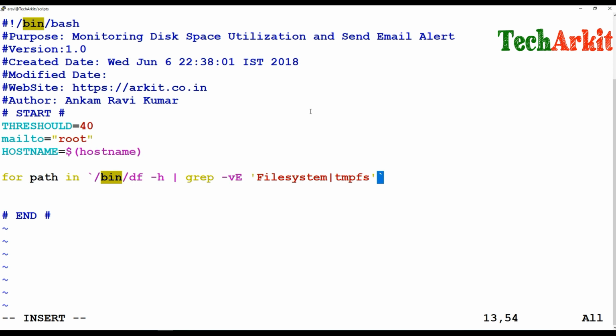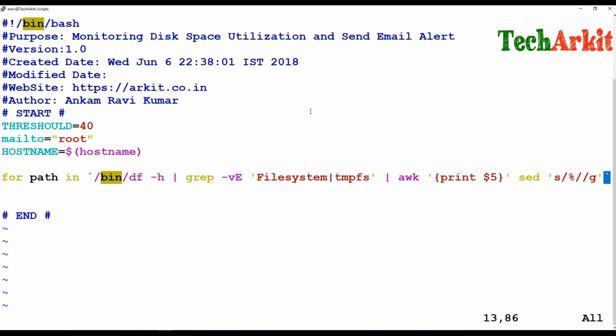I don't want those, because if tmp increases or decreases, that has no impact on my system. I'm taking the value of column 5, and I'm replacing the percentage sign using sed, so that the percentage is replaced by a blank. So this is the first command, and it's going to run on all the partitions.